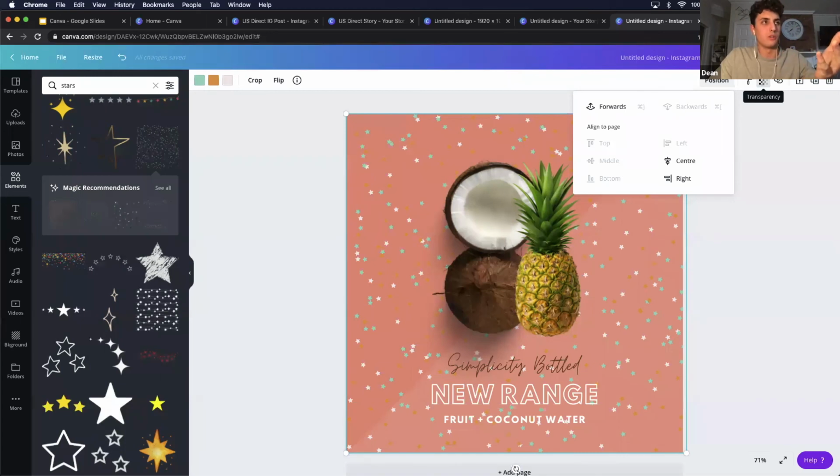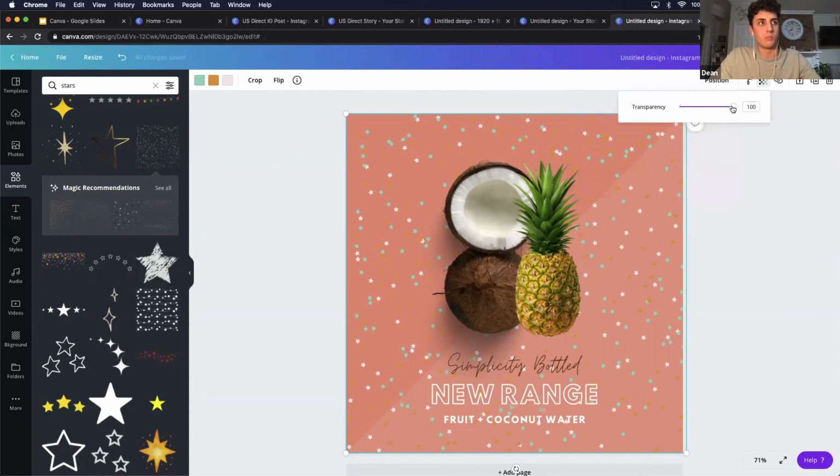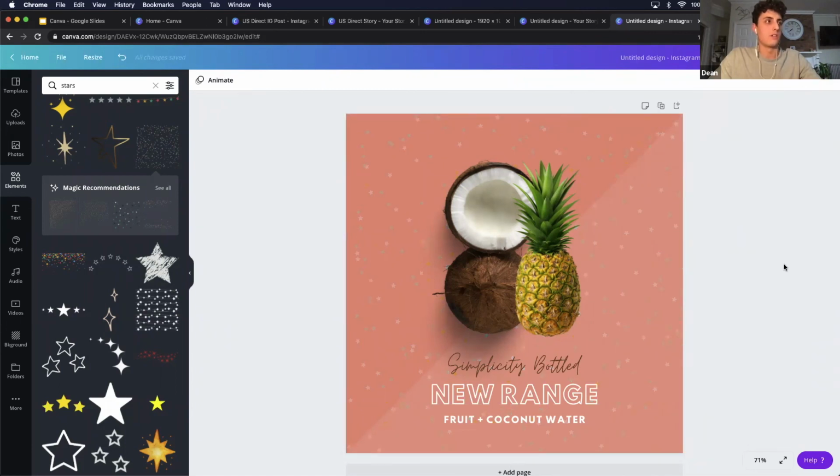So what I'll do is I'll click on this. It's this little checkerboard gradient. This is a transparency tool. Click on it, and I simply have one bar to toggle, and I'll just make it a little bit more subtle. Minor details. So it looks like I didn't even add anything, but again, it just makes it pop more, and you get more and more creative with it.